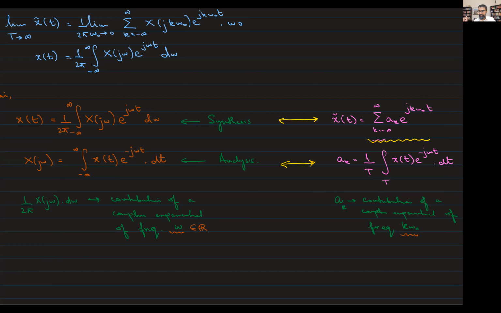Okay, in that case the discrete set comes in, as opposed to the aperiodic case, where omega could take on values over a continuum on the real number line. Okay? So X of j omega is related to the contribution that a frequency of omega has in my signal. And how do I find X of j omega? I find it through this analysis equation. Okay? Any questions here?